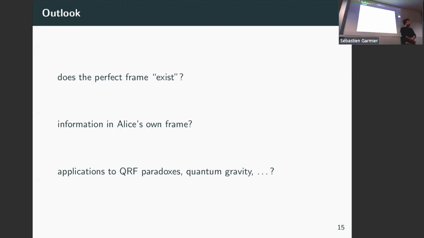But still, even in these imperfect frames, A and B are not measuring S, right? Maybe it boils down to the question that he was asking, that this U was always unitary, but it may also be a projection, right? In a sense, if A and B start to measure S in some definite way, or are we assuming that's impossible? Yes. So at the moment, in the framework, we haven't really talked about measurement.